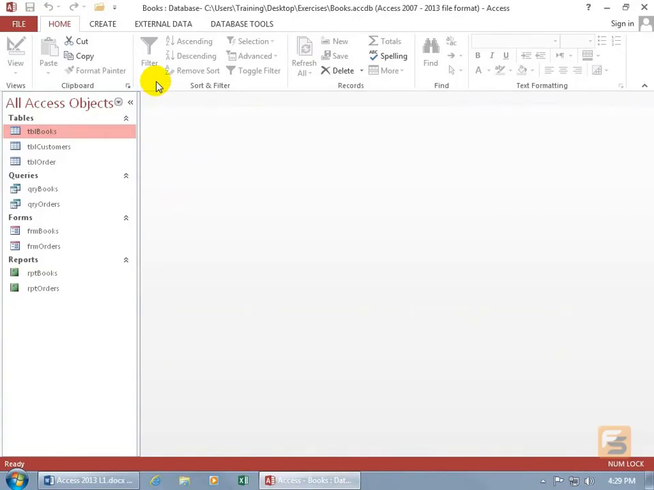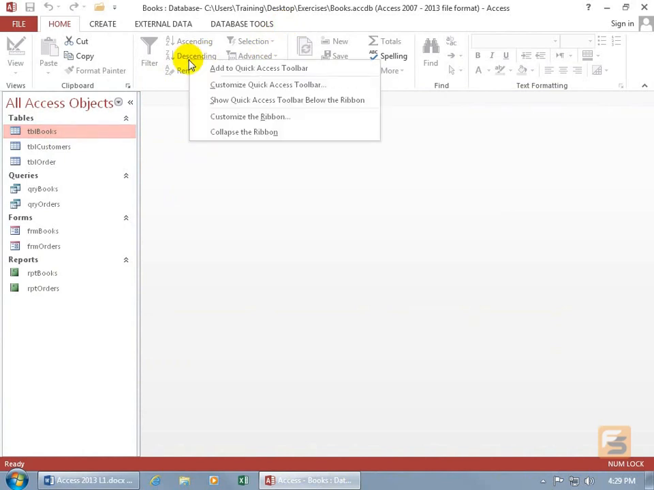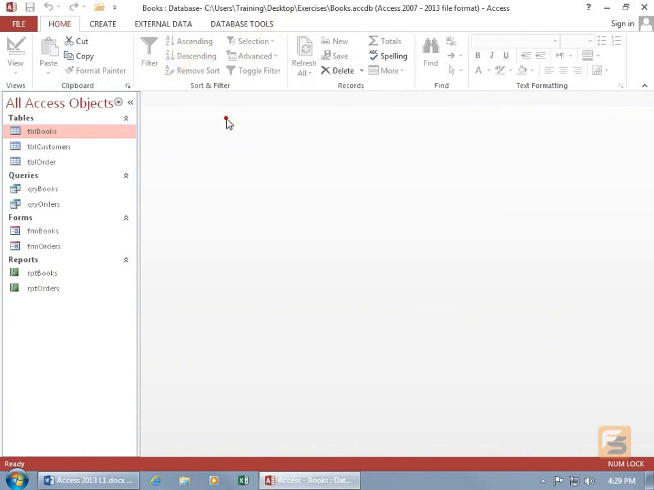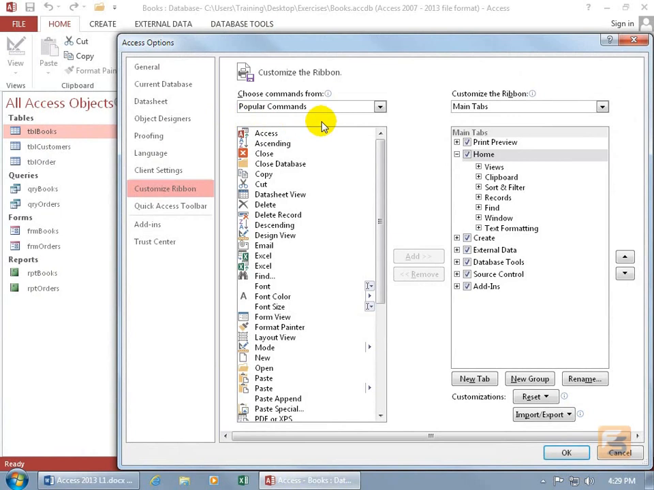You can customize the ribbon in that you can add commands to the ribbon or remove them, or you can create your own custom tab as well. And to customize the ribbon, just go ahead and right-click anywhere on the ribbon and go down to Customize the Ribbon. Over to the left-hand side, you got a list of popular commands you can add to the ribbon, and